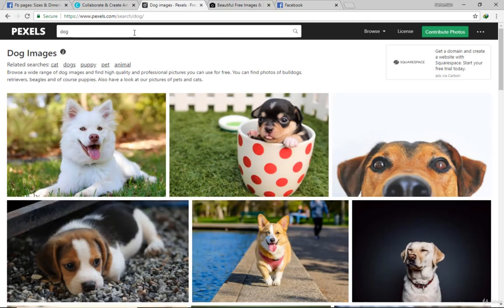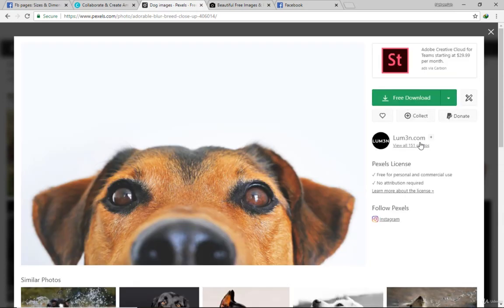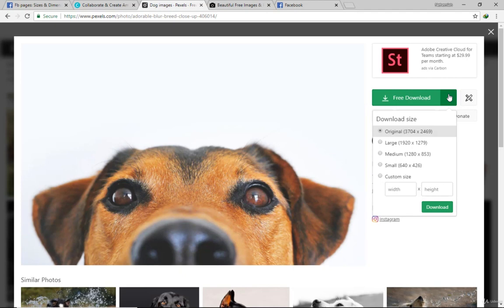Then once we find the necessary dog image, we can click on it. Then Pexels will ask us to define a custom dimension. We can either download the whole of it or create a custom size. But since Facebook wants us to create a custom size, what we are going to do is create something which